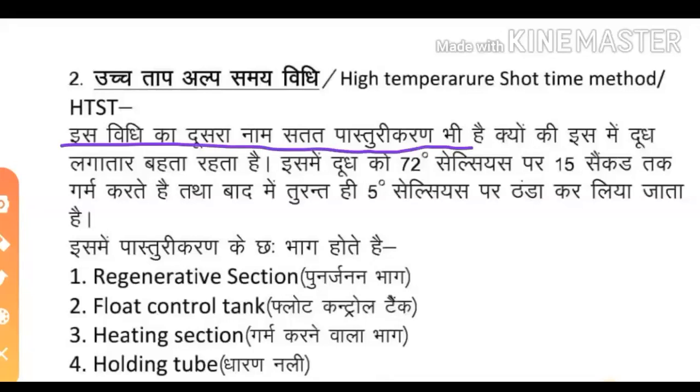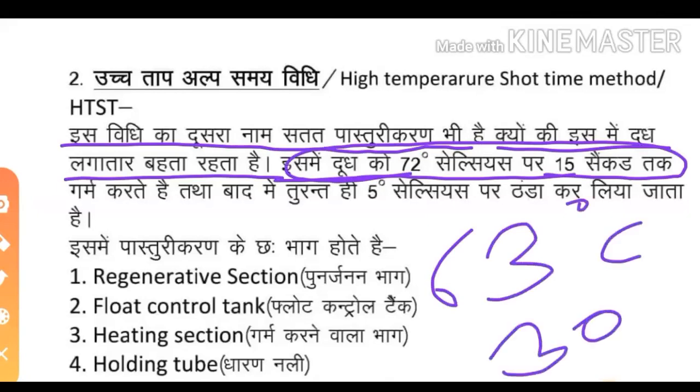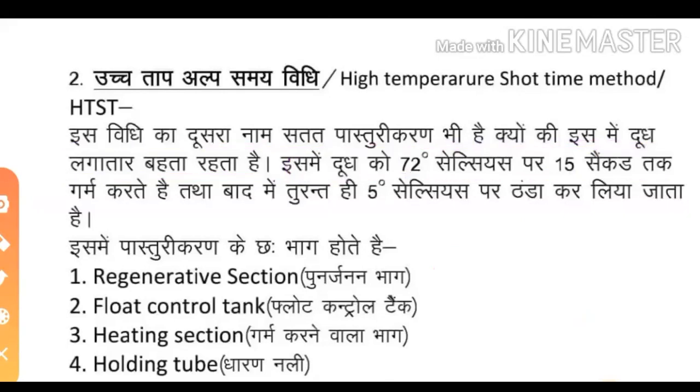सतत पाश्चुरीकरण भी है, क्योंकि इस विधि में दूध लगातार बहता रहता है। इसमें दूध को 72 डिग्री सेल्सियस पर 15 सेकेंड तक गर्म करते हैं। ध्यान रखना इस चीज़ का, HTST के अंदर दूध को 72 डिग्री सेल्सियस पर 15 सेकेंड गर्म करते हैं, लेकिन हमने LTLT के अंदर पढ़ा था कि 63 डिग्री सेल्सियस पर हम उसको 30 मिनट तक गर्म करते हैं। लेकिन HTST के अंदर 72 डिग्री सेल्सियस पर 15 सेकेंड के लिए गर्म करते हैं, क्योंकि इसके अंदर लगातार दूध बहता रहता है, जल्दी जल्दी इसके अंदर पाश्चुरीकरण होता है और तुरंत बाद इसको 5 डिग्री सेल्सियस पर ठंडा भी कर लिया जाता है।